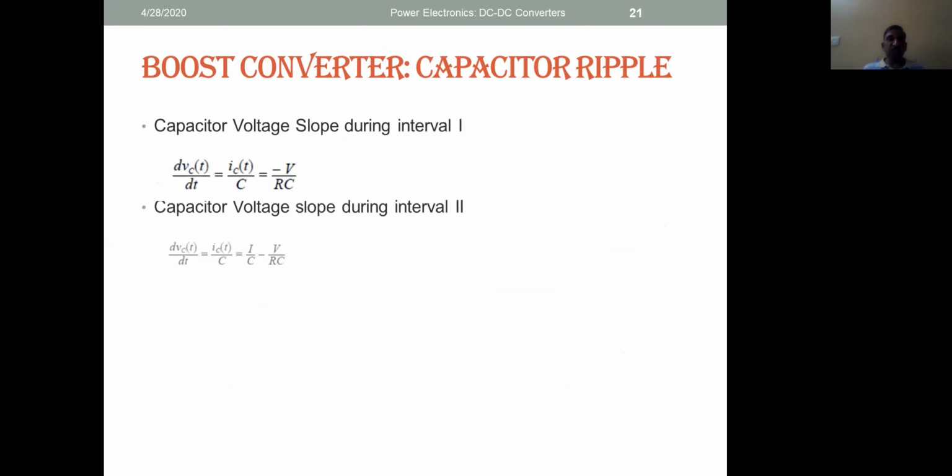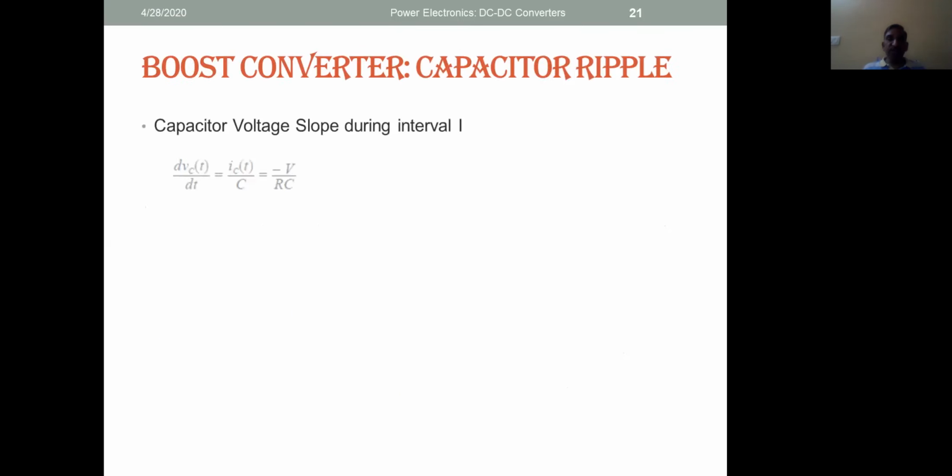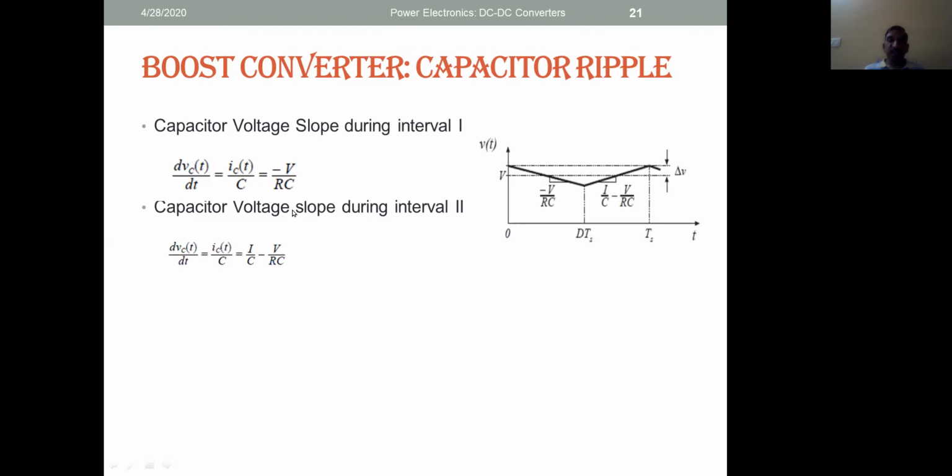Let us check for the capacitor. Capacitor voltage during interval 1, meaning the switch off period, and capacitor voltage during interval 2, meaning the switch on period. During interval 1, it is minus V by RC, as we had seen in the circuit, because it was getting discharged. During interval 2, it was getting charged. So it is I by C minus V by RC. See, during the first period, this voltage is getting